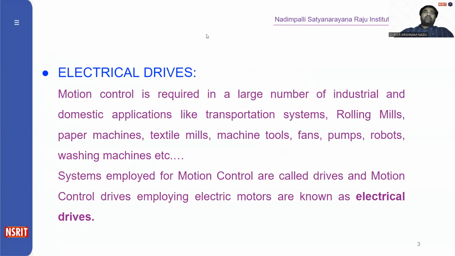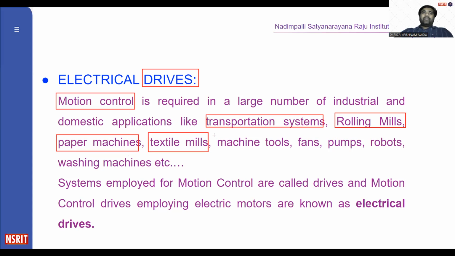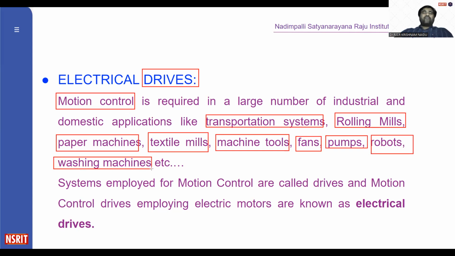So first of all, you have to know about the drive. What is a drive? A drive is used to control the motion, which is required in a large number of industrial and domestic applications like transportation systems, rolling mills and paper mills, textile mills, machine tools, fans, pumps, robotics, and washing machines, etc. Wherever the motion is there, wherever the rotation is there, to control the rotation,